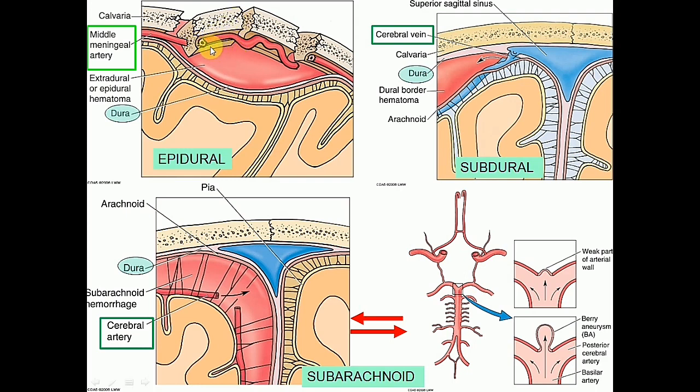So this is the rupture of middle meningeal artery leading to epidural hematoma, whereas the subdural hematoma, as we can see here, the subdural hematoma is a collection of blood between dura and arachnoid mater, and it is mostly because of the tearing or rupture of a cerebral vein as it enters a venous sinus. In this case, the cerebral vein entering the superior sagittal sinus. So there is rupture of the vein leading to collection of blood in the subdural space.